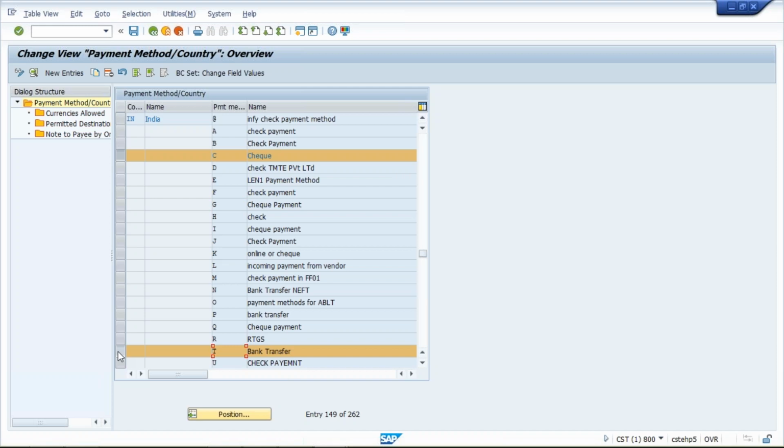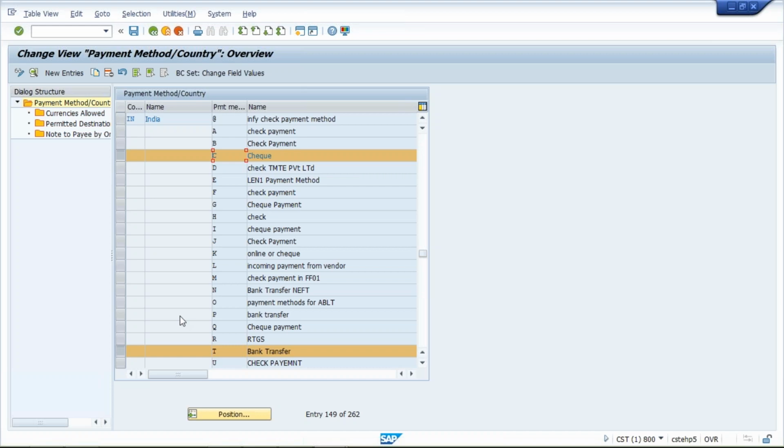Now what will happen, if you want to use this, you can use it, or else simply we can copy and create our own, like what these people have created. Simply they have copied, and they change a code. It is only a one digit code we have to give for the payment method. So we are not going to create a new one. We are going to use the existing one. Okay, so we are going to use check and bank transfer both, let's suppose,